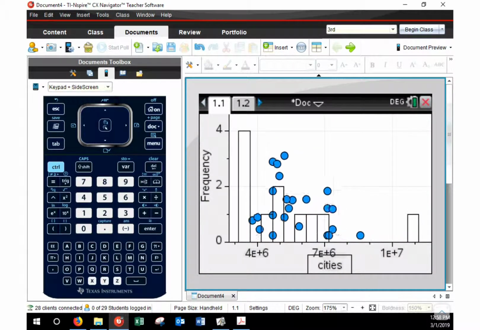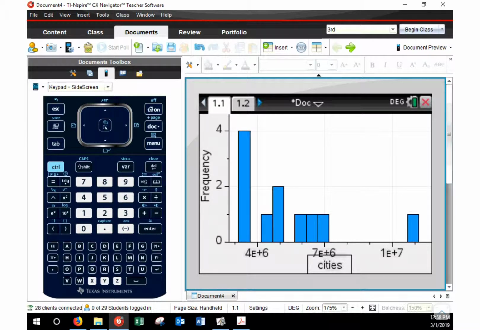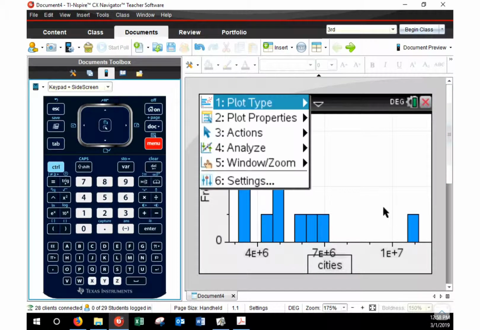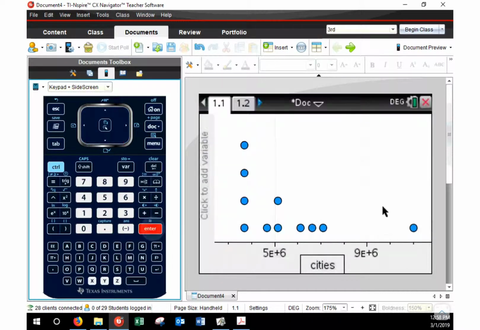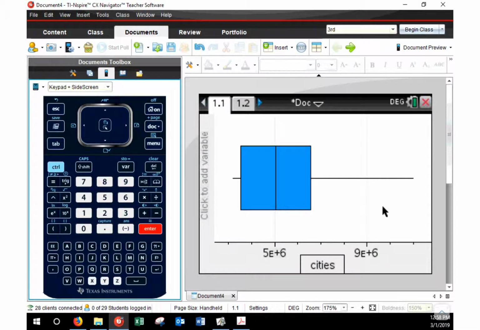But then we go to the graph, and it doesn't automatically change it, so we change it to our cities. Notice there on the bottom where it says 4e plus 6, that's like 4 times 10 to the 6th, scientific notation. So we did menu, plot type, then we got our box plot. The cool thing is if you hover over the different pieces, we can see those. Again, that's 1.1 times 10 to the 7th. Okay, but your third quartile, median, first quartile, low number,